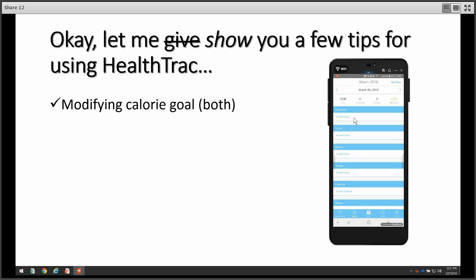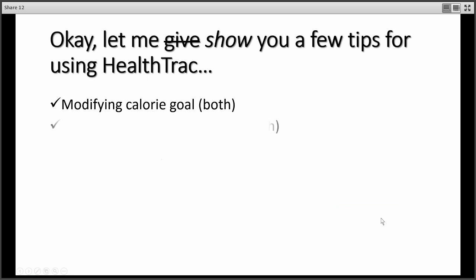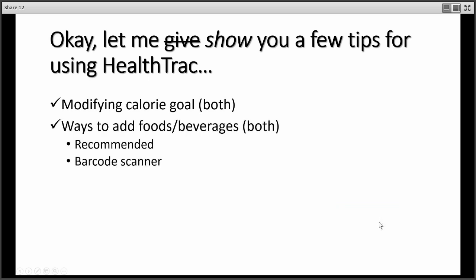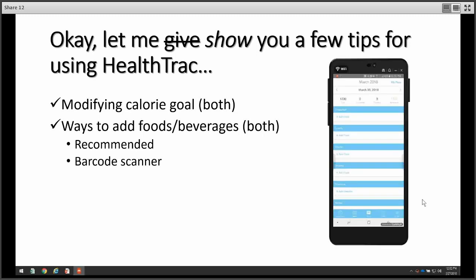That changes it for that day, but also into the future. So going forward, assuming there are no foods or beverages entered, it will change that default calorie goal to whatever you've set it at. You can change the calorie goal in both the app and through the online portal.